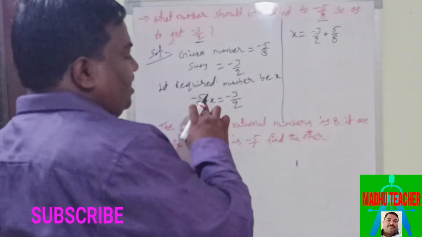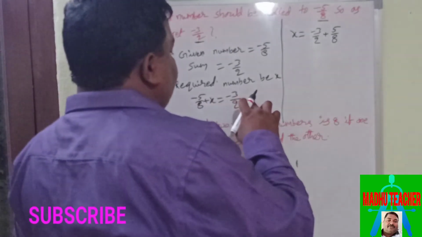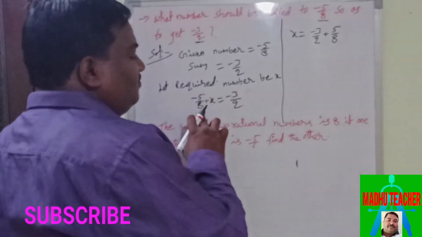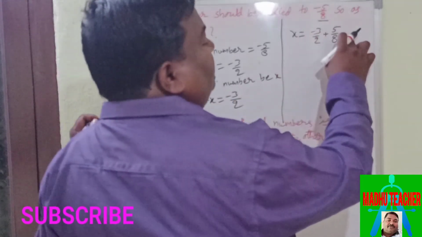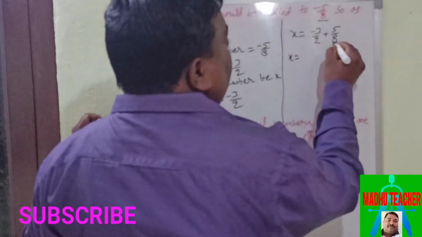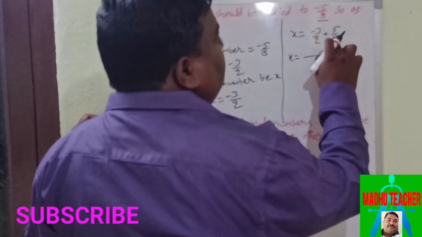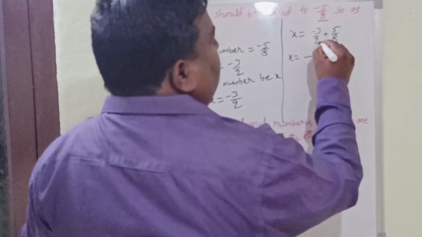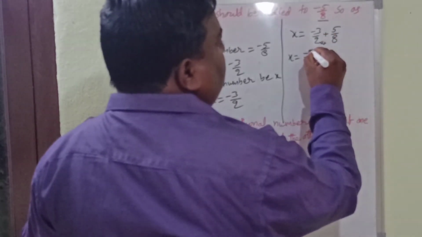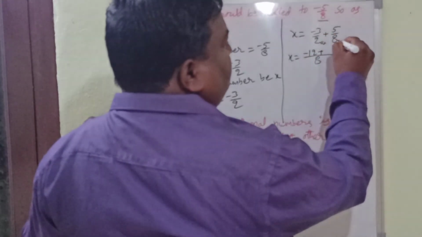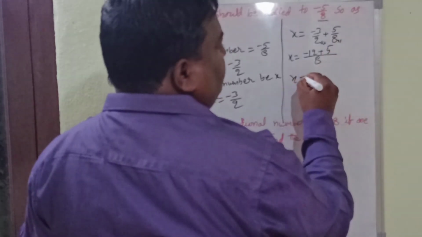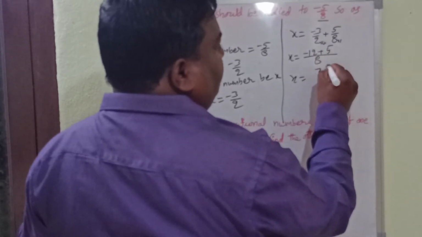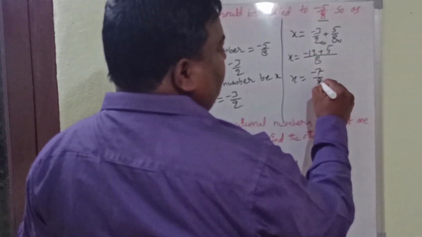Okay, so here adding. So by transposing to right side we have to write the additive inverse of minus 5 by 8. So additive inverse of minus 5 by 8 is plus 5 by 8. So x equal to 2, 8 LCM is 8 because 8 is the multiple of 2. 2 4s are 8. Okay, so now 2 4s are 8, 3 4s are 12 plus 8 1s are 8, 5 1s are 5. X equal to different signs, so you have to subtract 7, biggest one is minus and minus 7 by 8.